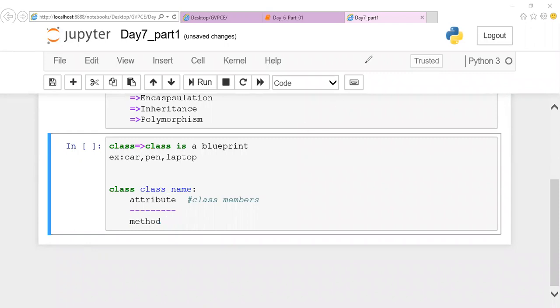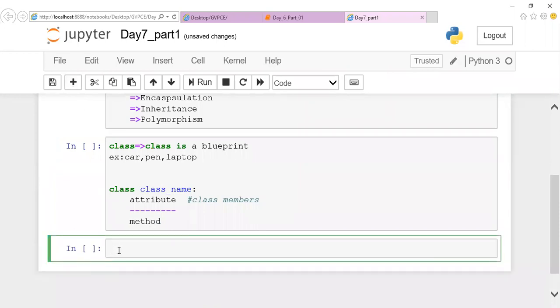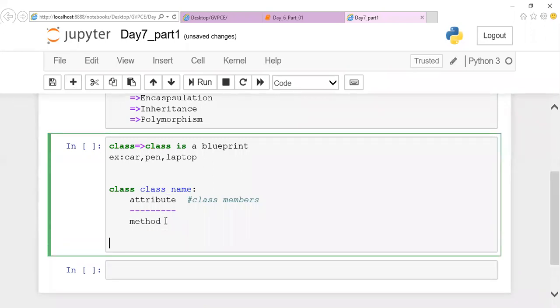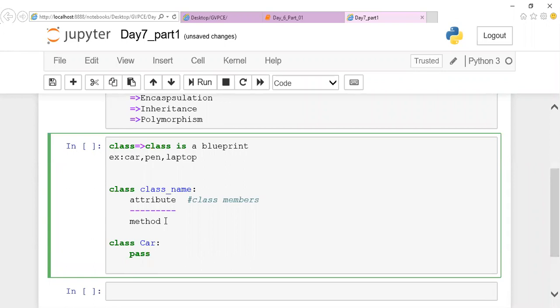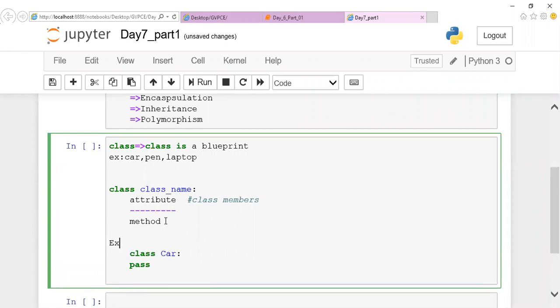Do you have any doubt in class? Shall I move on to object? Okay, I'll give some example, guys, before moving to it. I can have class. Since I said any name can be given, let me give Car as my class name. Right now, I'm not going to do anything, so let me give pass. I guess you people could remember what pass is all about, doing nothing. Right now, there is no element in my class, so let me mention pass. This is a simple example to show you the structure of my class.